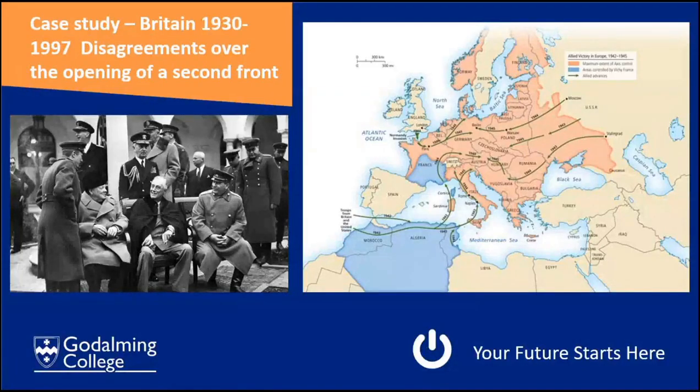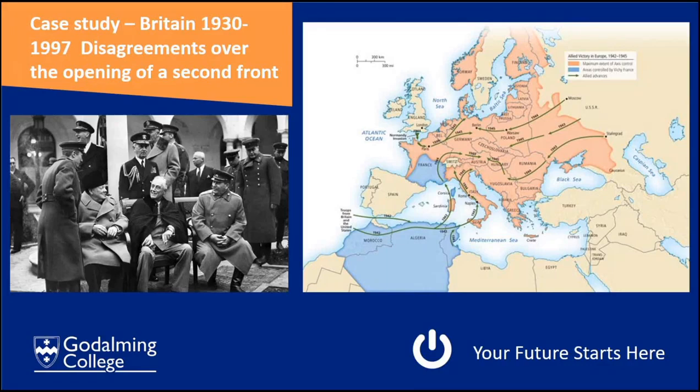If you chose to study this history, one of the things you would look at is the disagreements over the opening of a second front when you look at Britain from 1930 to 1997. At this point in history, the German advance has been halted at Stalingrad and at El Alamein, and they are being pushed back. And one of the big disagreements between the big three of Churchill, Roosevelt and Stalin is when a second front should be opened up by the British and the Americans during this period,